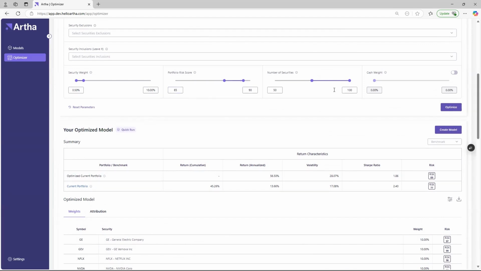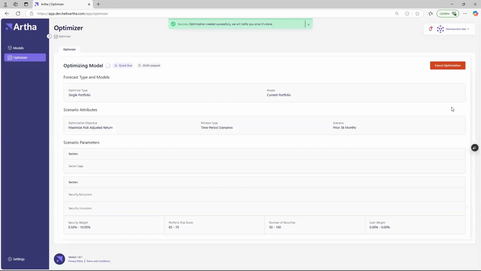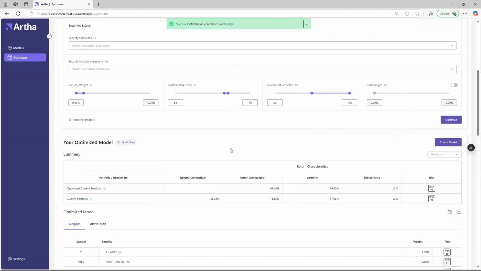We'll go ahead and try to lower the risk score to 65 to 70. So you can see that the optimizer came back with an optimized current portfolio within our risk score range. It lowered the risk score to 70 and maximized the risk-adjusted return of the portfolio over the 36-month period market